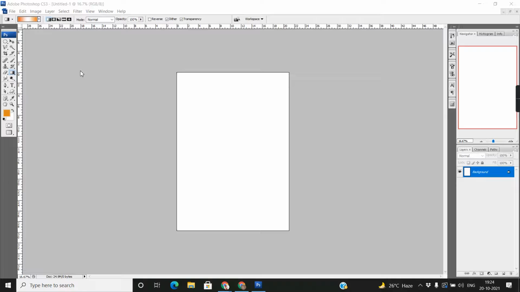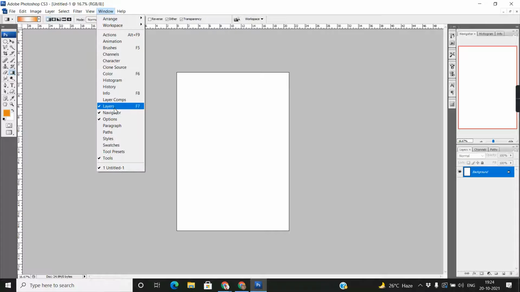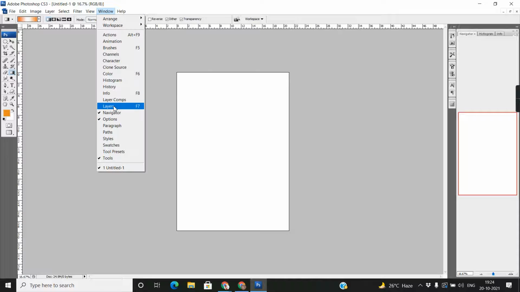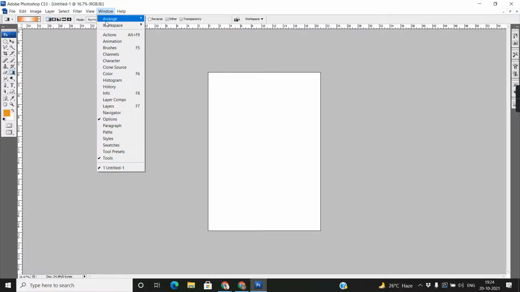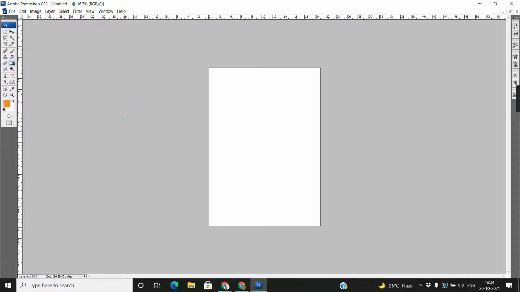Screen and all. So look, the first screen, and over here you will find the file menu, and on the left-hand side is the toolbar, and this is the Windows section. This whole Windows section you can activate from here. If you want the layer, click. If you want navigation and options,